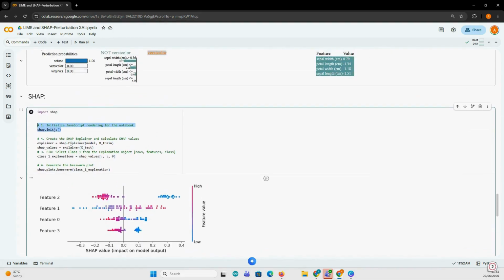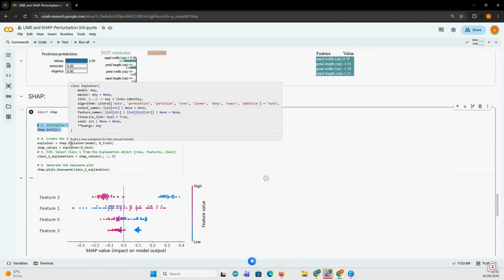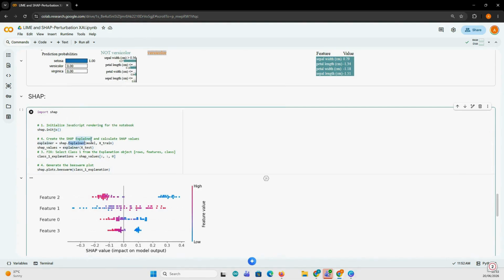Similarly to what we did for LIME, we're going to create an explainer object, pass it the model and the train dataset. Then we're going to get the SHAP values for the X test. And if we wanted a global explanation for the model in terms of classifying the first class, which is class 0, not class 1,